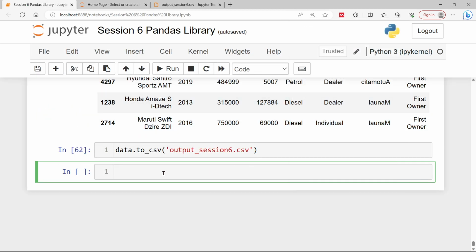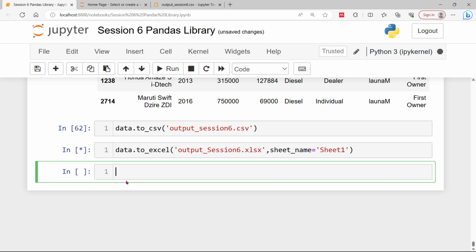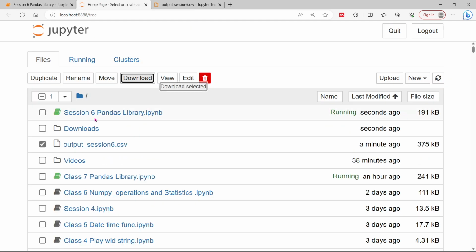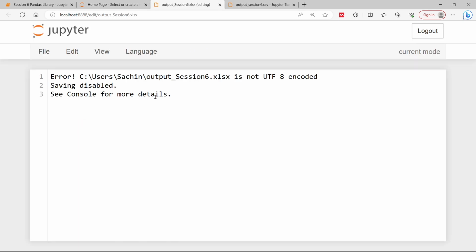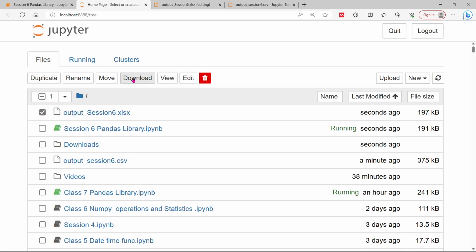Now I'm going to export the same value into the format of an Excel sheet, not the CSV format. I need it in Excel format. My manager asked to export the data into an Excel sheet. So I'll write this output underscore session 6 and then this one, right? So here we have data to Excel, and again you will find this output session Excel sheet, right? If you are going to download it,